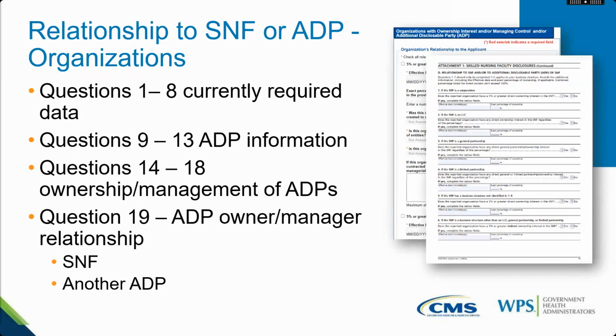So we are going to dive into the sections themselves. And here you are seeing a paper and a PACOS version of the section. They do ask the same questions, but again, remember I said that the attachment 1 in PACOS is not going to be titled as attachment 1 for a topic. It is still going to be the organizational ownership and managing control or the individual ownership or management control, and the questions change based on the provider type. For everybody else, it'll look as it always has. For SNFs, it's going to have the questions for the attachment.